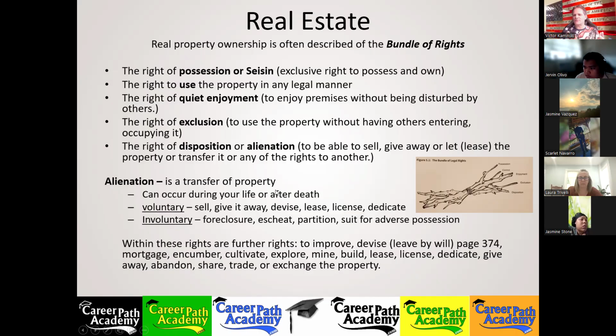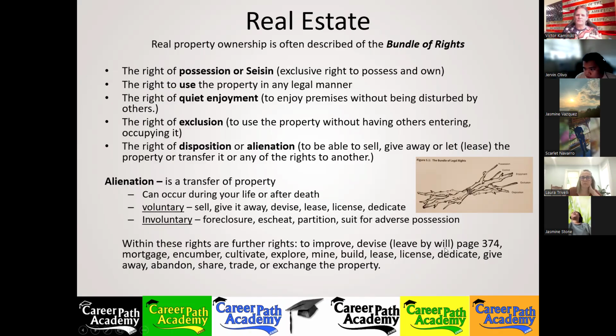Alienation is a transfer of property. That's the simplest definition I could give you, because you're going to see the term alienation used in the mortgage chapters. When we get to that, many lenders put alienation clauses in their mortgage loans that say if you sell the property, the loan needs to be paid off in full. Anytime you sell or give away the property, where the transfer of ownership takes place, the loan needs to be